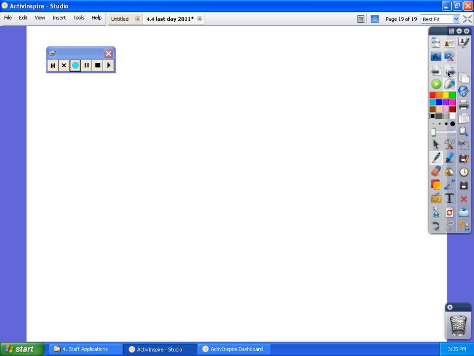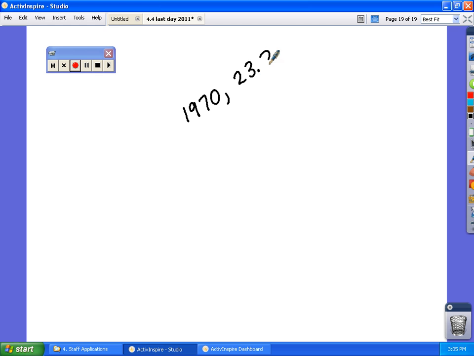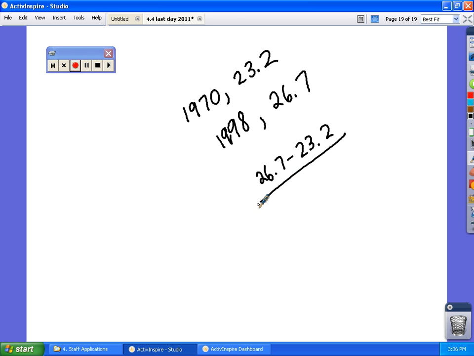Well, they give us information. In 1970, they tell us that a man was an average age of 23.2. But then in 1998, they say that the average man was 26.7. Well, if you give us 2 points, we can actually write an equation. Going to find the slope by doing y minus y over x minus x. So when you subtract the x's, you get 18. When you subtract the y, you get 3.5. And when you do 3.5 divided by 18,